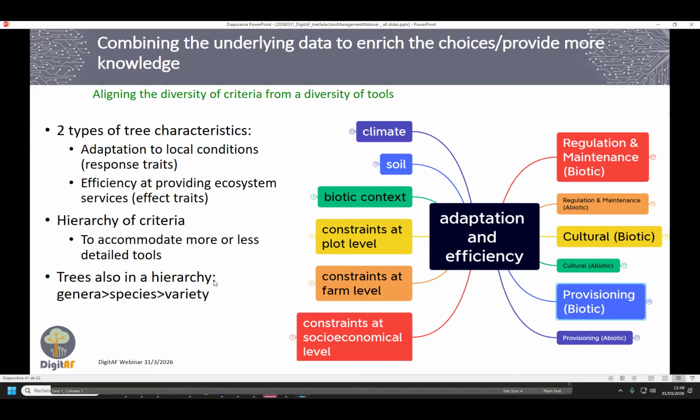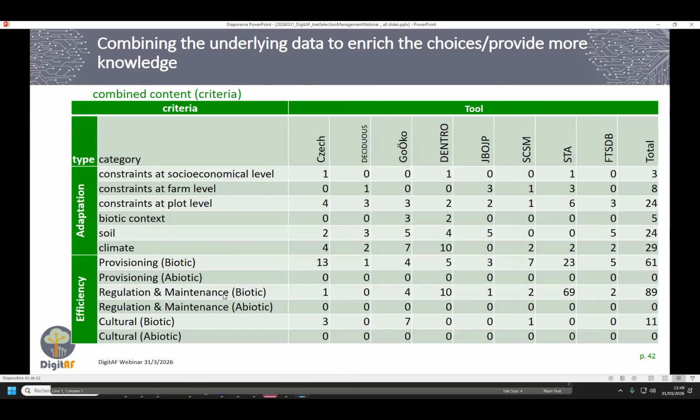And the trees are also in a hierarchy, which is not very innovative. It's just genera, species, and variety. So the content currently for the criteria, here it's for 8 tools, but actually now there are 10.